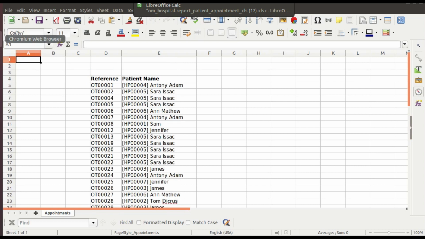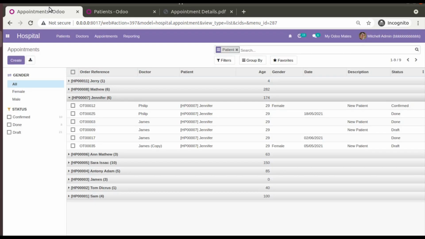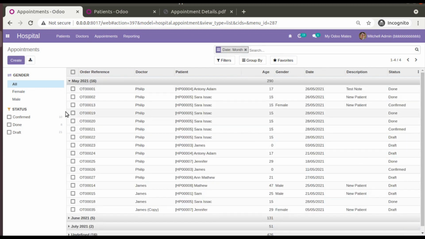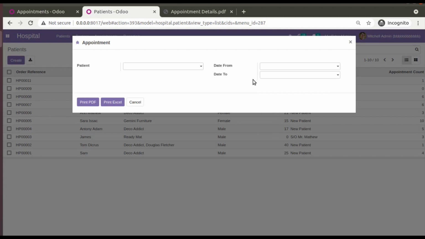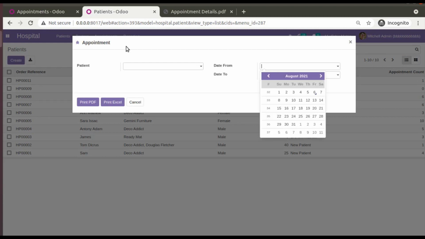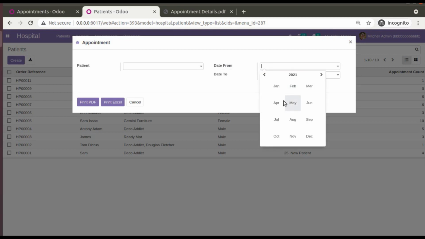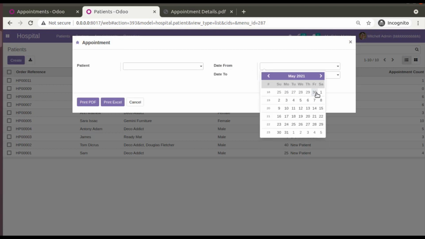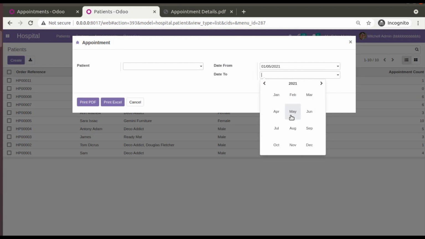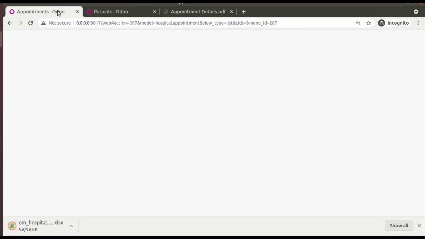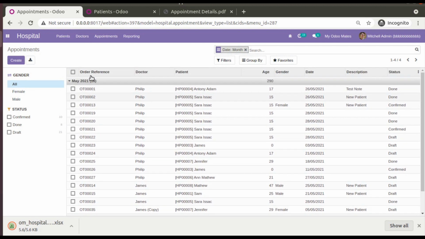And if you need to print a particular date, let me group by appointment date. In the month of May we have 16 appointments. So if I need to get the appointments of May, let me choose May 1st to May 31st, and if I click on print Excel, I'm expecting to get 16 appointments.